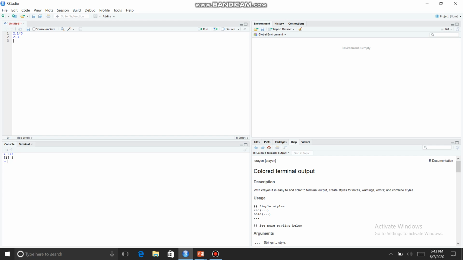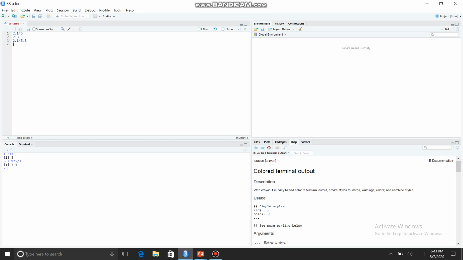So copy the above code, paste it and divide it by 3. Select the code and click on the Run option. The answer is 1.666667, shown in the console window.